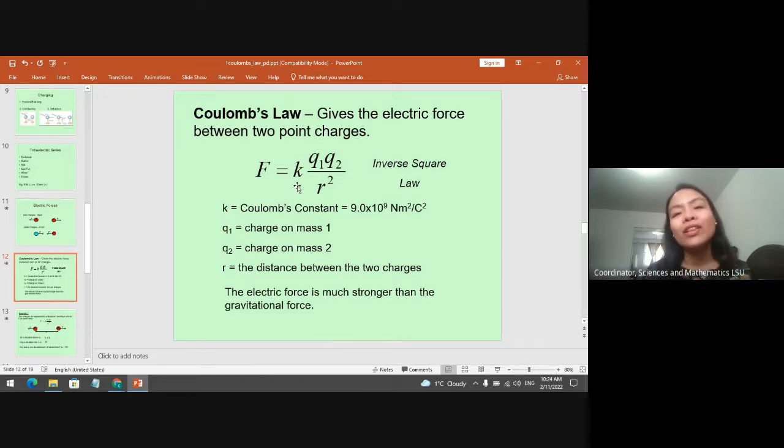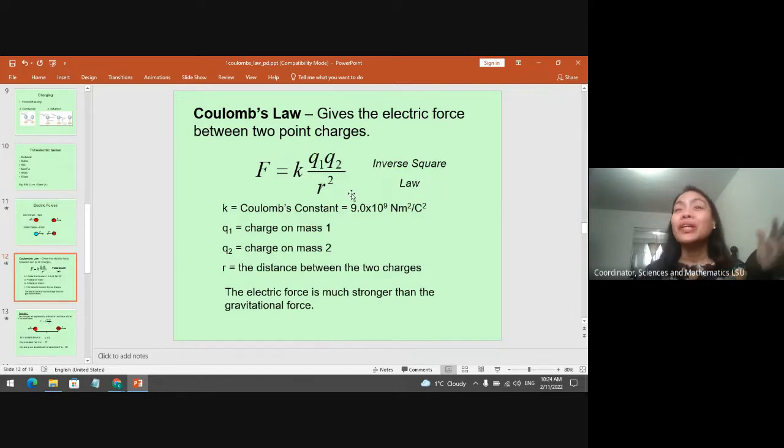Okay? You must take note here that Q1 and Q2 are in absolute value. So that means whether it is negatively charged or positively charged, the force depends on the direction. There is also direction, but you are not taking that into account. Say, for example, one is negative and the other is positive, so directly that will be a negative force. Okay, so that's not the issue there.